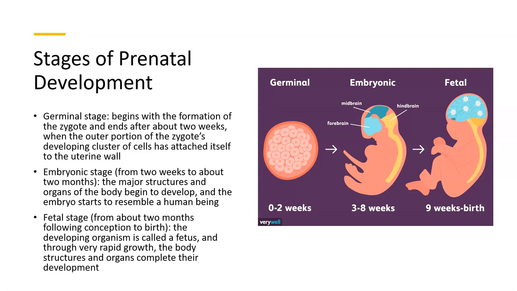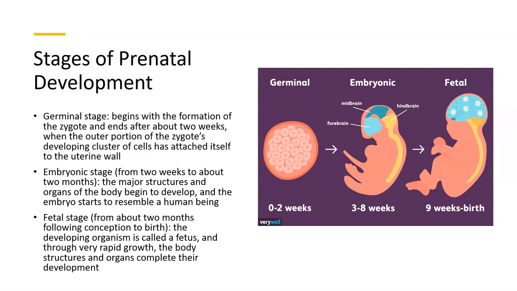Prenatal development is typically broken down into three stages: germinal, embryonic, and fetal. The germinal stage starts with the formation of the zygote and ends at about 2 weeks, when implantation into the uterus takes place. The embryonic stage runs from 2 weeks to 2 months, and during this time most of the major structures of the body get their start and can be visualized under strong magnification. In the fetal stage, 2 months to birth,